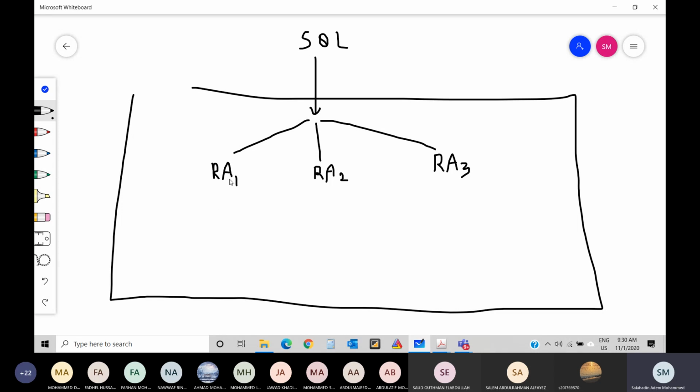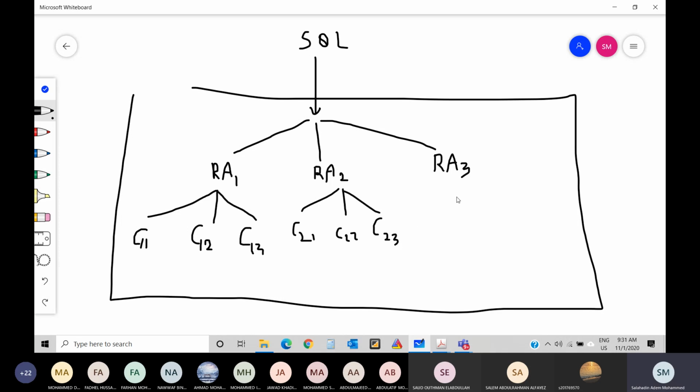Now the same thing with relational algebra. If you look at relational algebra number 1, for example, it might be implemented in many C implementations. All of them are C language, but maybe this is C11, which is a totally different implementation than C12, which is another way of implementing it, and maybe C13. The same thing with this relational algebra. It can be implemented in C21, maybe in C22, C23, C24, C25, we don't know. Maybe there are many implementations for A2, more than A1, probably. Let's say I have only 2 implementations for this one. So this is 3.1, and this is 3.2.